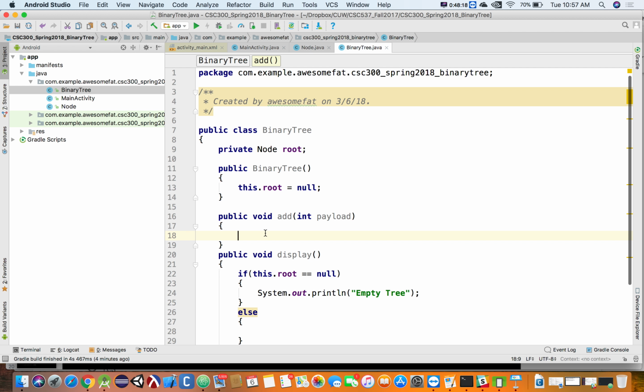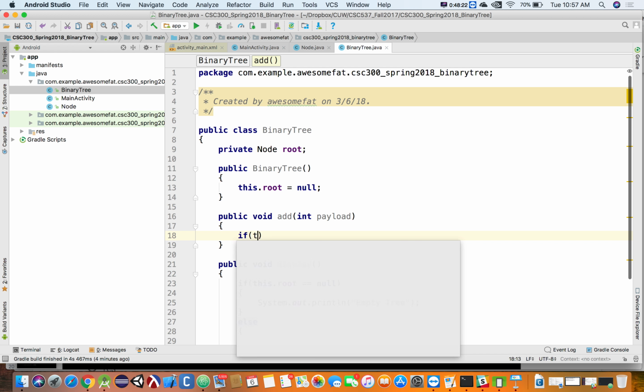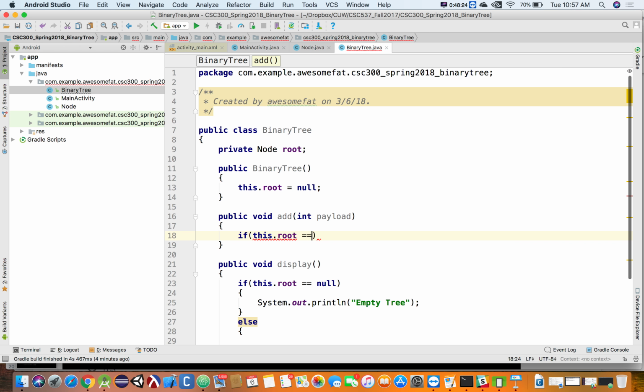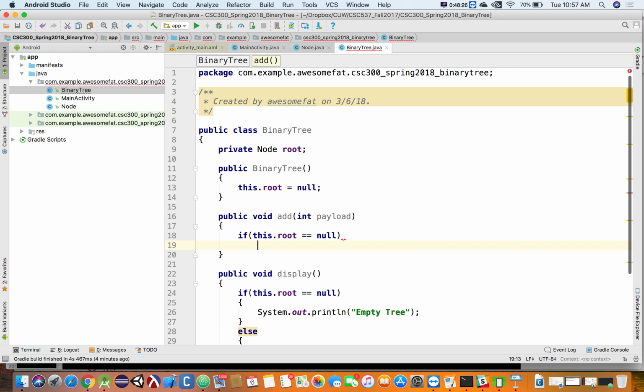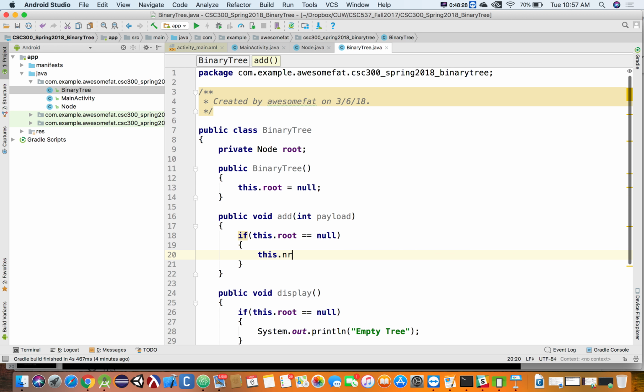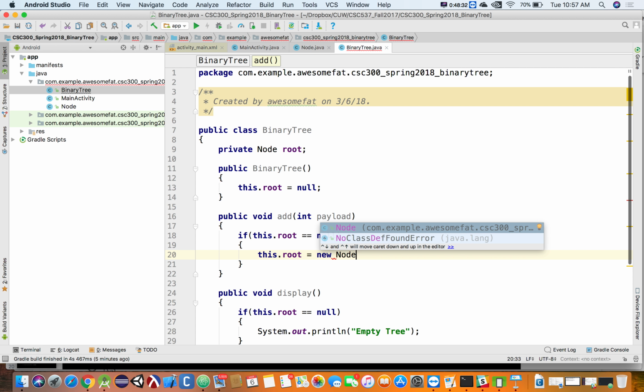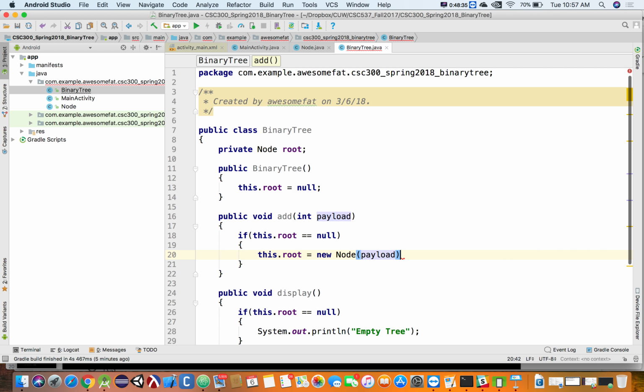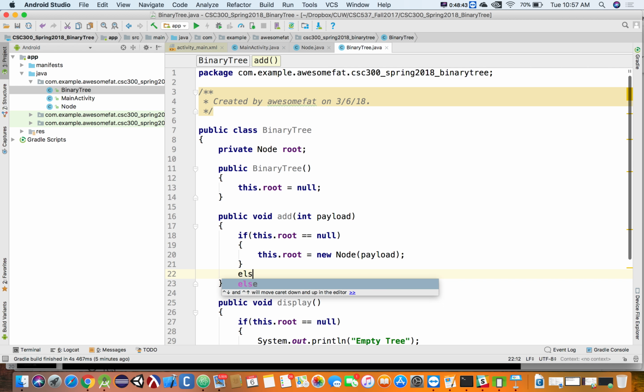All right. So we'll deal with the trivial case first. Trivial case says if this dot root is equal to null, then we'll say this dot root is equal to a new node built with my payload. Easy enough, right? All right. Otherwise,